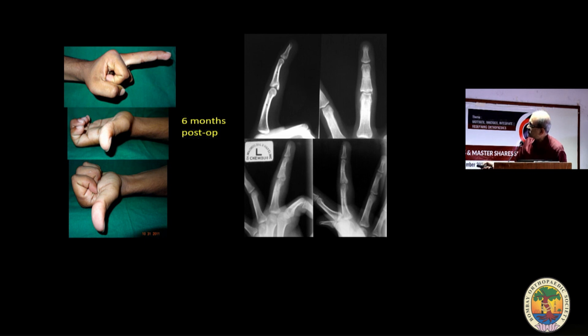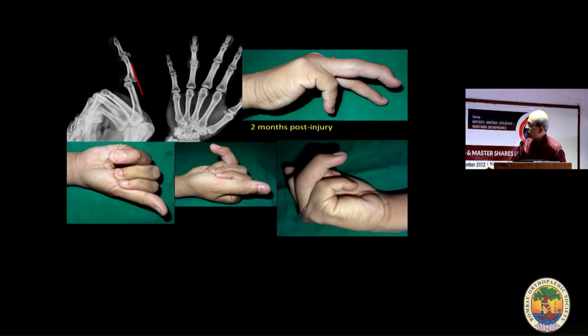You can see that this volar piece has formed, restored that concavity, prevented a subluxation, and you can see this is a very good function at 6 months by closed means. Another patient presented 2 months post-operatively. The fracture looks united. There is no reason to suspect it is not united, but in practicality, this fracture is